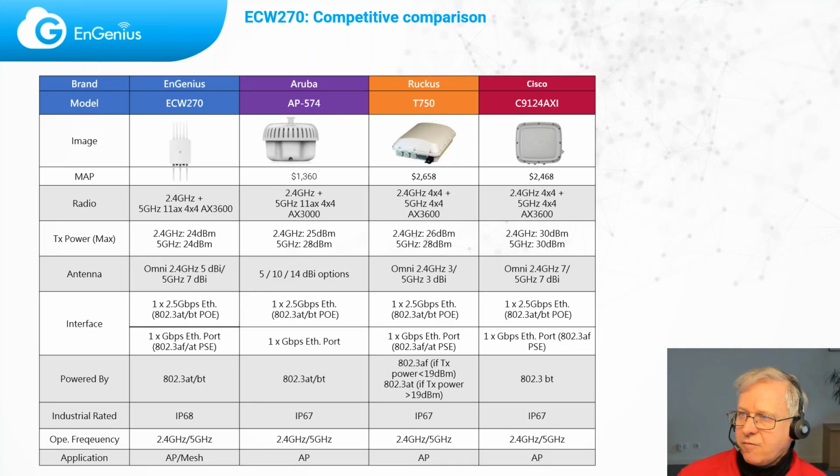Again, we have a competitive comparison. In this case, I know a little bit less of the pricing, but again, I expect that we will be at least competitive with the high brands, and some of our other competitors do not have competing devices of this type. So this is why you do not see a TP-Link or a D-Link here. It's mostly companies like Aruba, Ruckus, Cisco Meraki that have competing products.